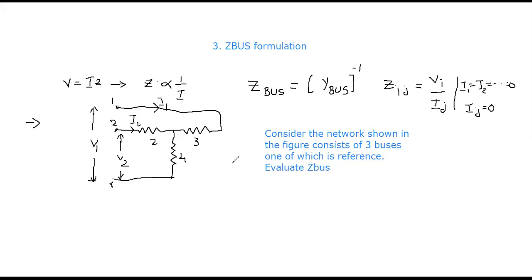So unit current injection method. I am using the unit current injection method for determining the Z bus. Later I will explain the procedure. First of all, you just use your knowledge to obtain the Z parameters. So here we need to have Z11, Z12, Z21, Z22. These are the four parameters that you are going to get from this particular example.